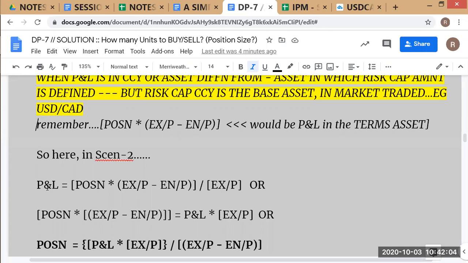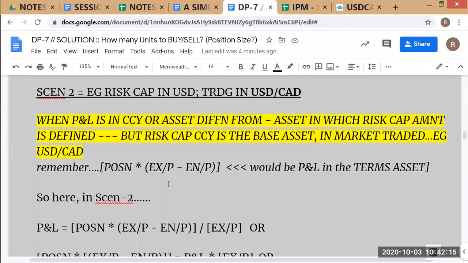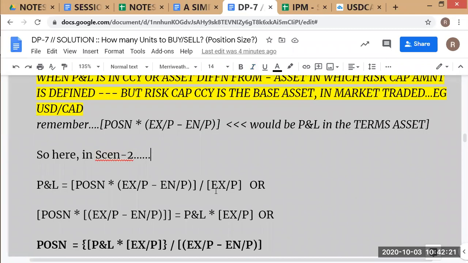Okay, so make sure these things look very complicated, but actually it's not complicated. Once you understand, it's all common sense. You have to follow the steps and apply the rules. There are rules that the PNL is in the terms asset, generally. And then the rule says you have to convert it into the risk